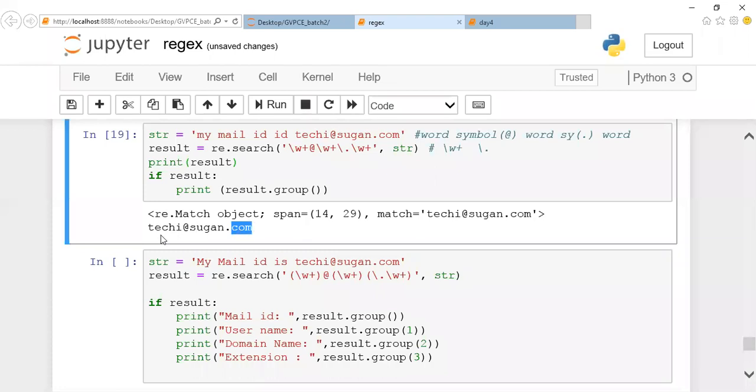How can I separate it? I know that this data is grouped by the variable called result, the same extension of the program, guys. I can mention result.group(1), which will give you Techie alone. Group(2) will give you Sugan, and group(3) will give you the extension of it.